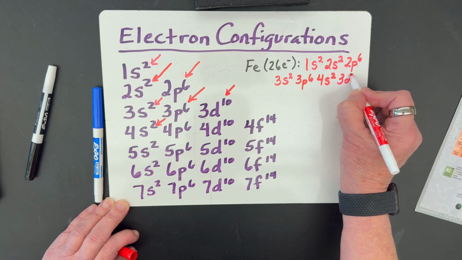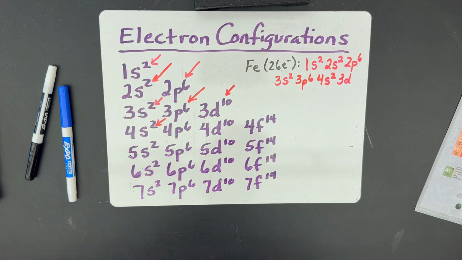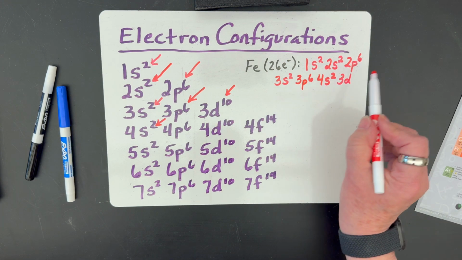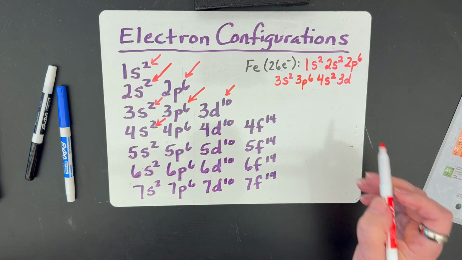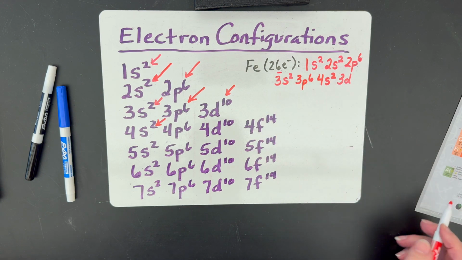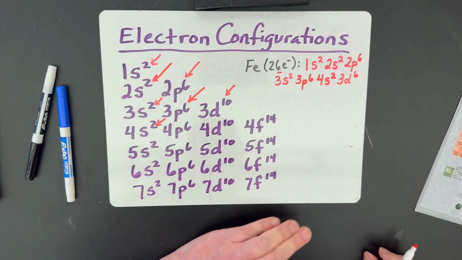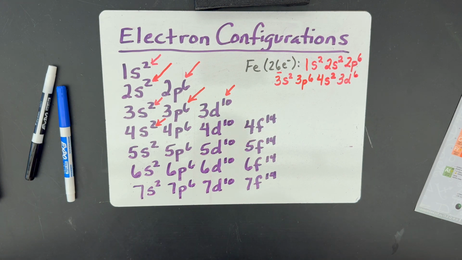However, it can hold up to 10, but we don't need 10. We only need 6 more electrons because we've accounted for 20 of them. We need 26. So in our D, even though it can hold 10, it is only going to have 6 in it. So that's how you would use the